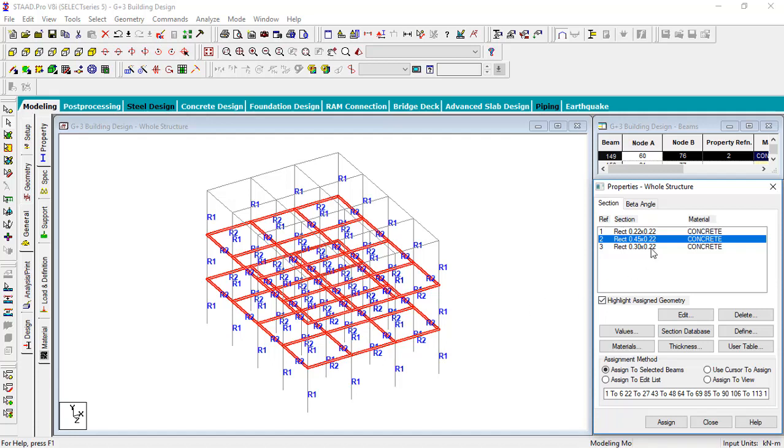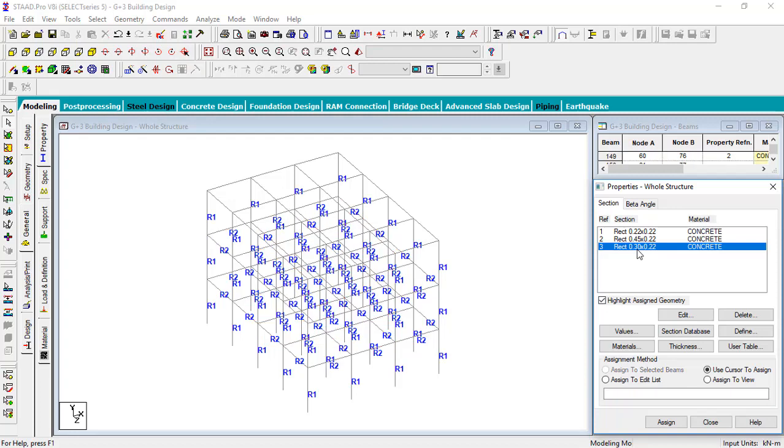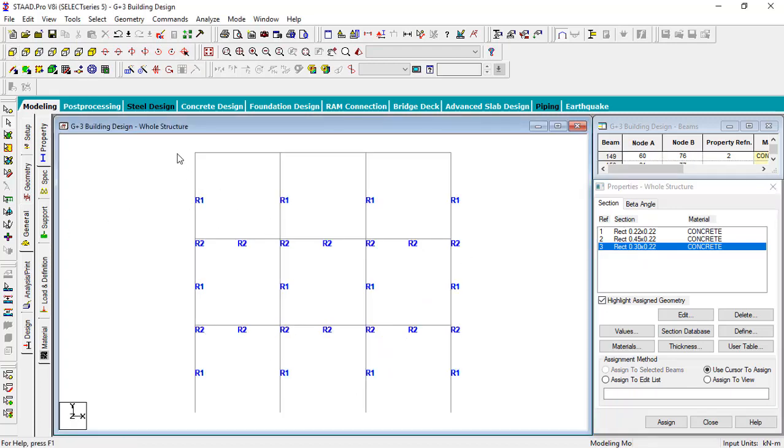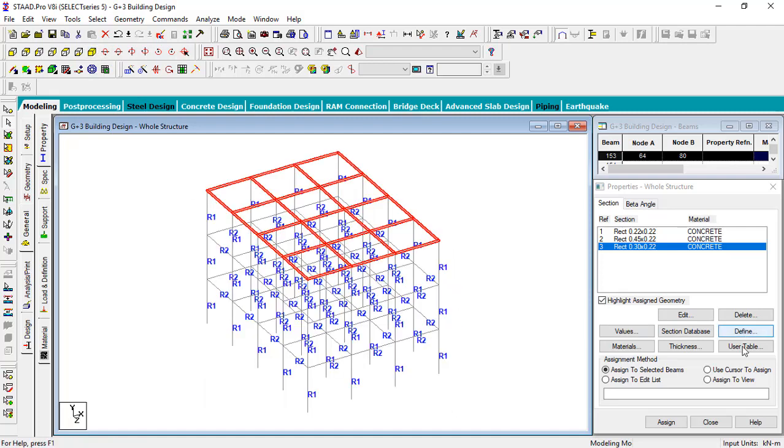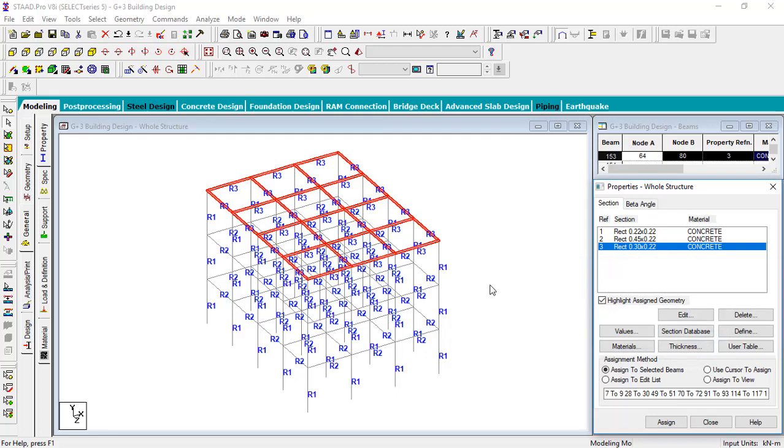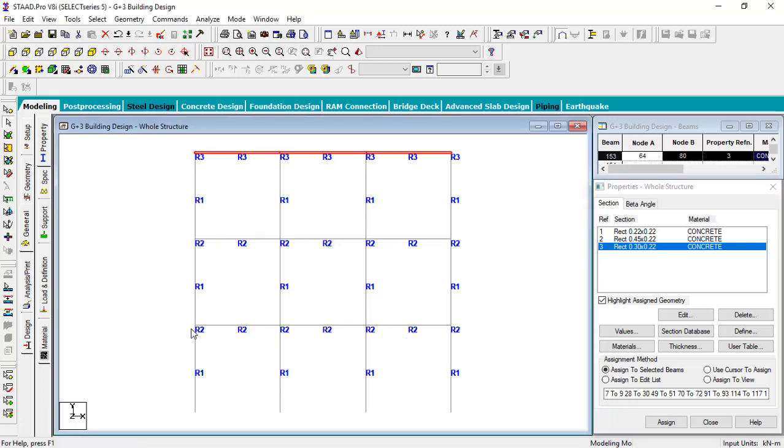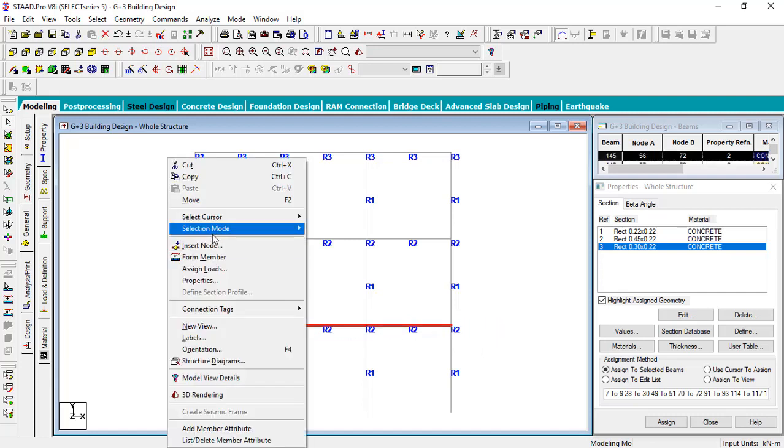All right, then for this one, we will be considering the roof beam. So activate that, go to the front view, highlight the roof beam, just like that. Navigate to isometric view and assign to selected beam, assign yes option. Okay, so we will be considering the plate for the slab. All right, so we are going to go to the front view again, highlight the first floor beam, just like this. Right click and then select